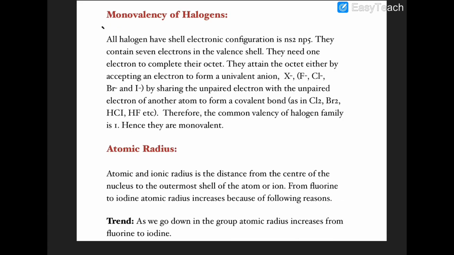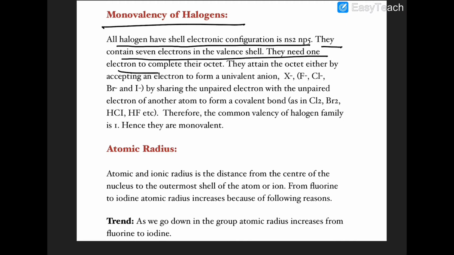So due to that, you can say that halogens in most of the cases show monovalency. All halogens have electronic configuration ns2 np5. They contain 7 electrons, so they need only 1 electron to complete their octet. So they form fluoride, chloride, bromide, iodide by sharing or by accepting an electron from the metal, and